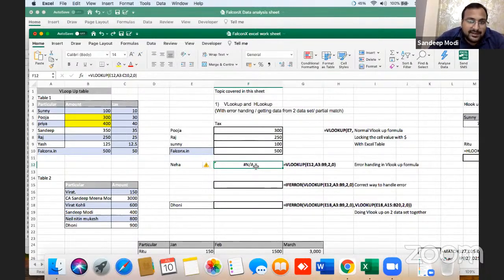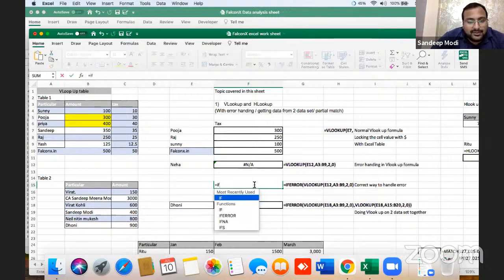So it's coming NA because Neha value is not there in the table. My formula is correct. So many times when we deal with the big data and we get NA, we manually convert it into 0 or not in table. So how can we handle this kind of errors? So we will use if error formula. For writing if error formula, there are two kinds. First one is if error.